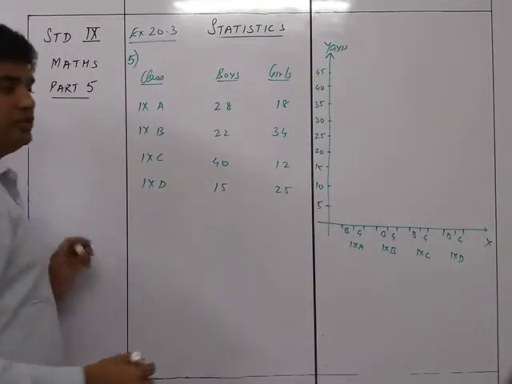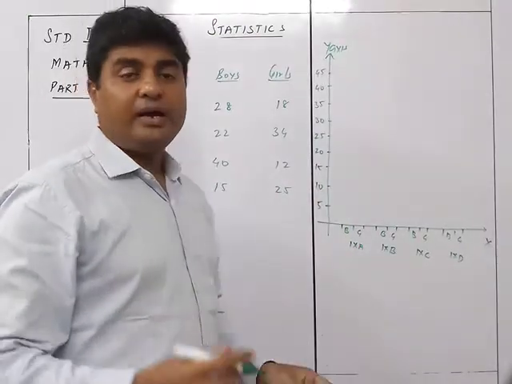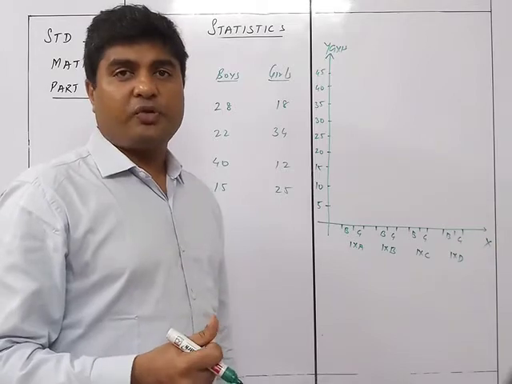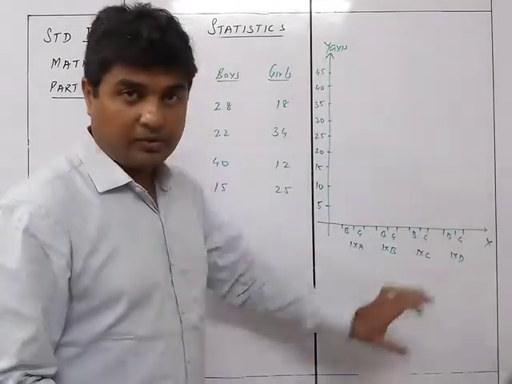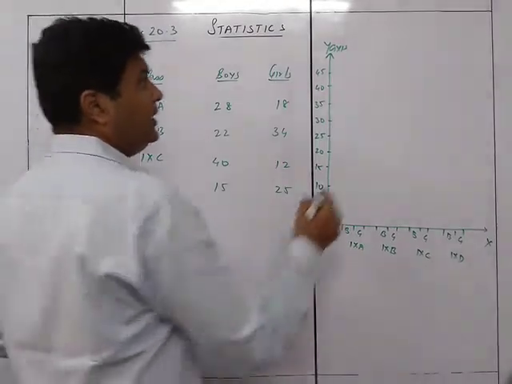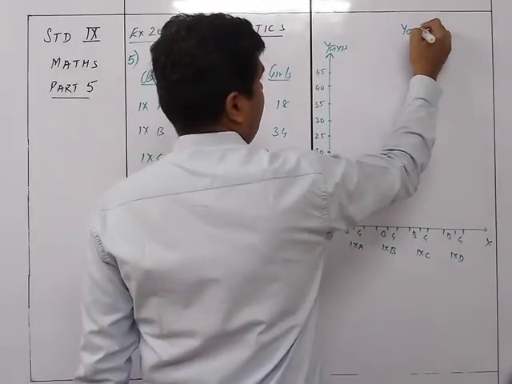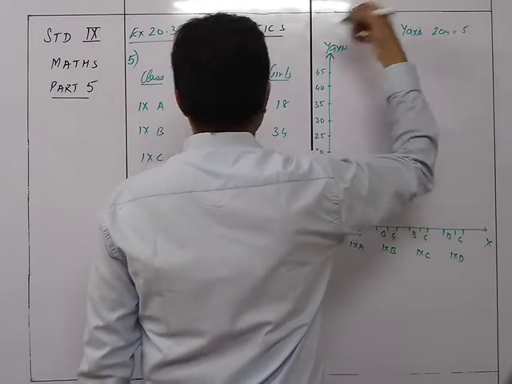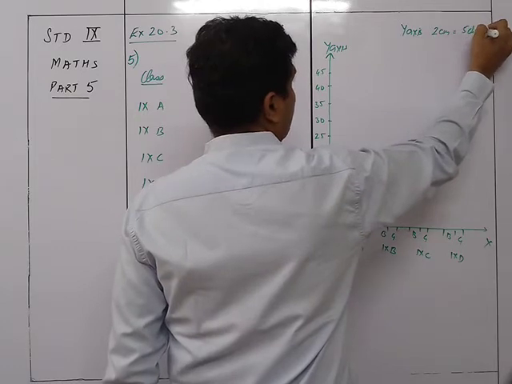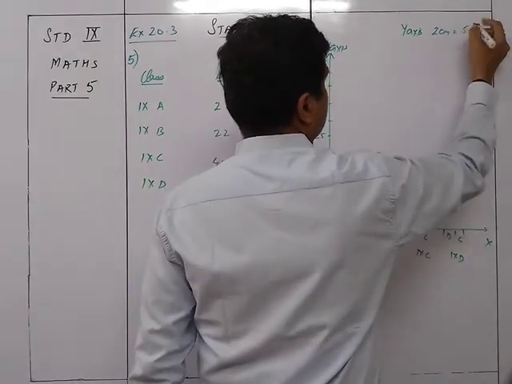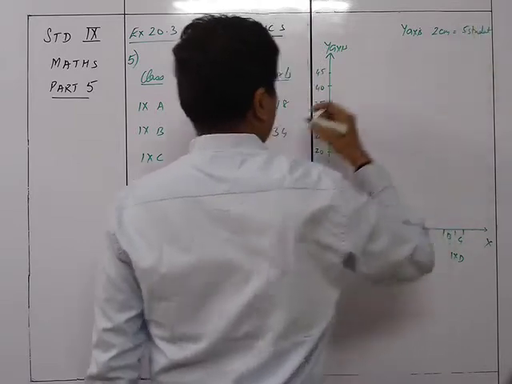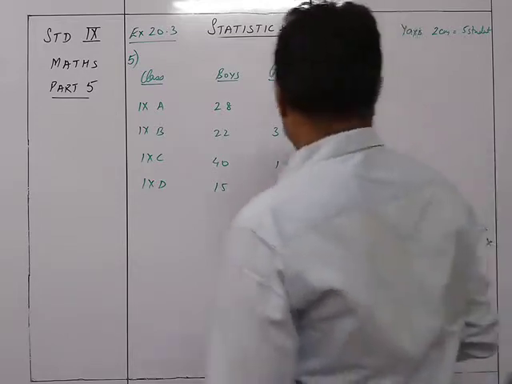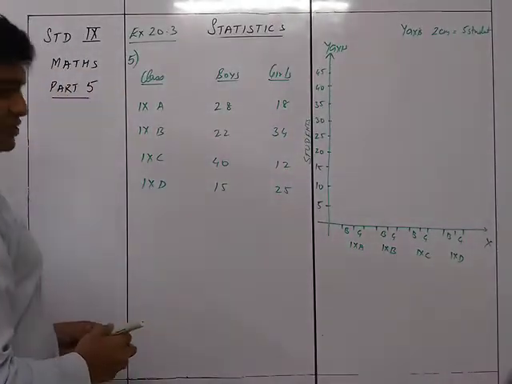You can see that always you draw it in such a way, you take the scale in such a way that you are covering the maximum amount of page. At least 3/4 of the page should be filled. It should not happen that the graph is small. So that is what you need to take care of. We have over here the y-axis scale: 2 centimeter is equal to 5 students, boys and girls. Okay, let's plot them.